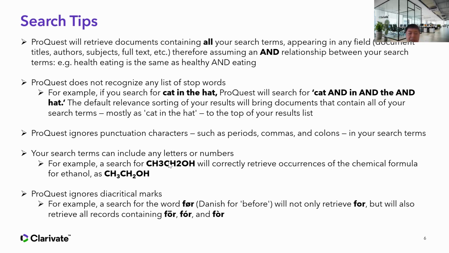So please know that. And then chemical terms, right? CH3, CH2, OH, you just type them and ProQuest will retrieve the contents. And also ProQuest ignores diacritical marks. So for Danish terms like this, or some French words, these are actually ignored. It's almost like English alphabet letters, but it actually captured the results. We do have some contents in Danish, in French, in Spanish, etc. So you just type in the alphabet and it captures the contents.